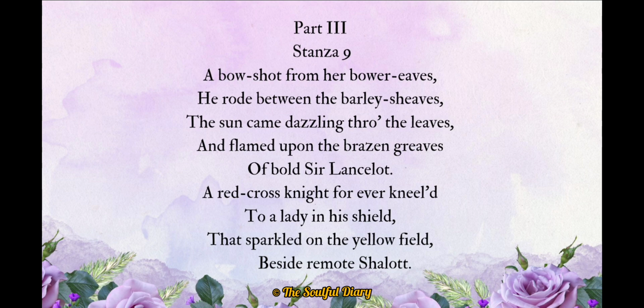Part 3 of the poem is all about the second character, Sir Lancelot. He is a famous knight, as most know him, from around King Arthur's table. Three out of four of the stanzas in this section are spent just describing Lancelot. This highlights his importance and significance in the poem. In this specific stanza, we are told he was very close to Charlotte and very attractive in his appearance. What is close to our comfort zone and very attractive to us? Our most desired and most ambitious goals. This is what Lancelot embodies.